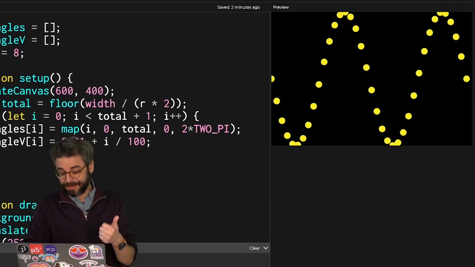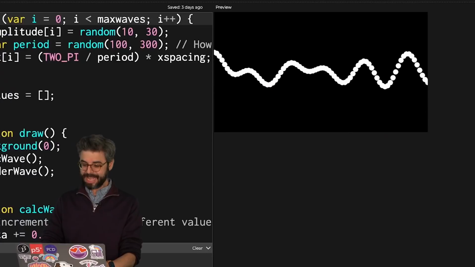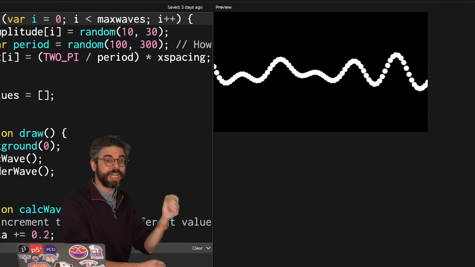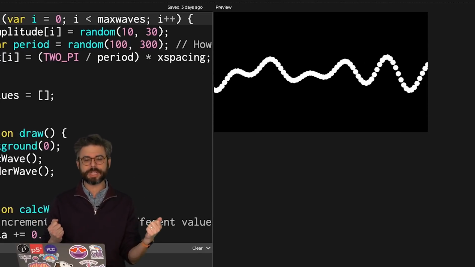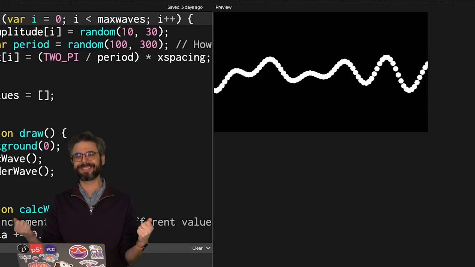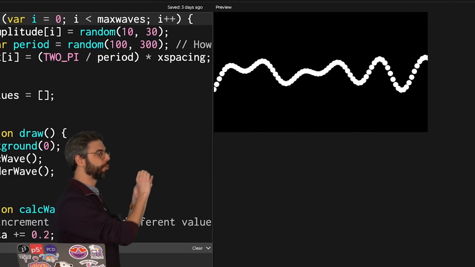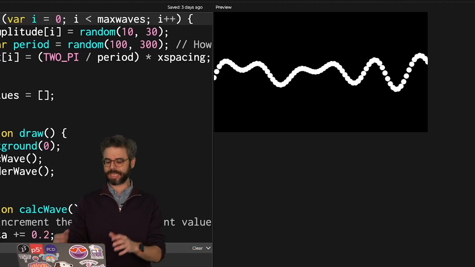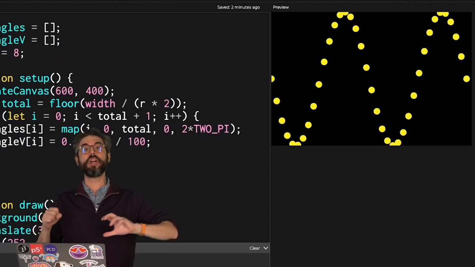But in the next video, what I actually want to demonstrate is how to take this idea and turn it into something like this. This is not just the result of graphing one wave, but it's taking multiple sine waves, possibly cosine waves, with different periods and different amplitudes and adding them together, summing them to get one resulting wave, an additive wave. So that'll be the topic of the next video. I'll take this example that we just did and look at how to add multiple waves together to make a more dynamic pattern.